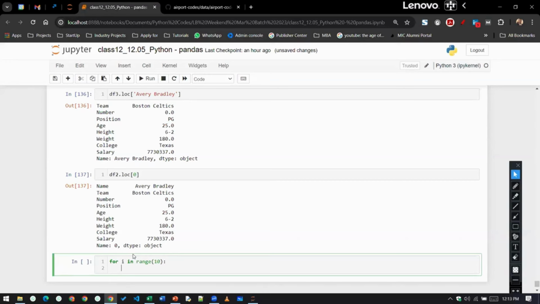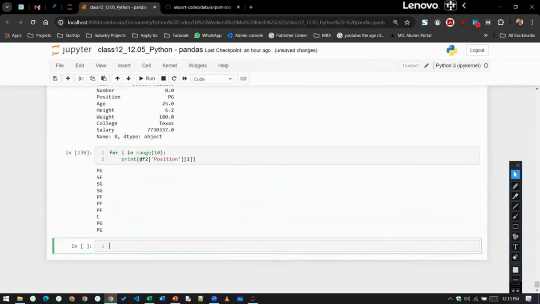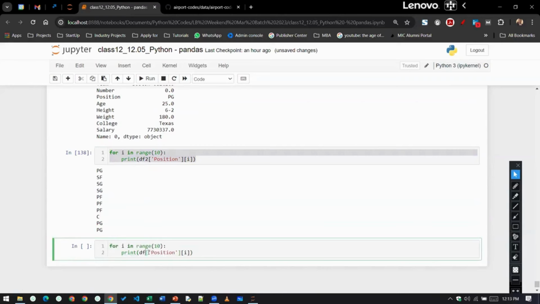So what I can do, for i in range 10, print df position. In df2 you can see it is working fine, but this same thing I won't be able to do in